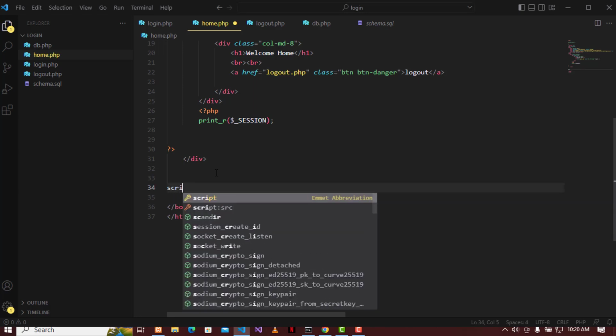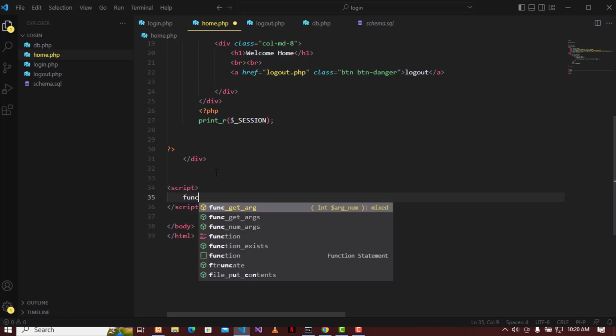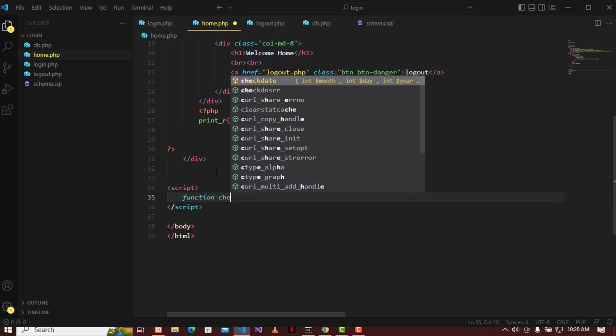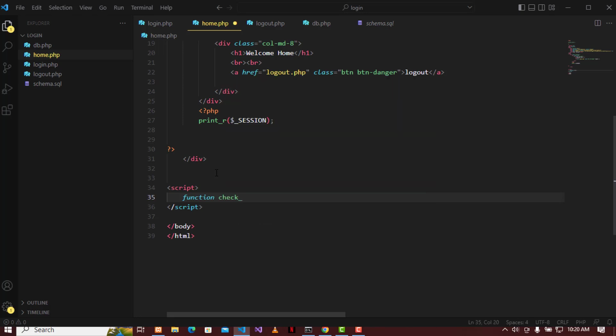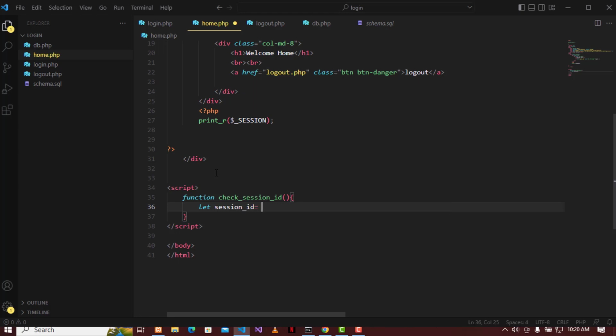I'm going to use the script tag as usual, and create a function, and I'm going to call it checkSessionID, for example. I'm going to open these braces, and in here I'm going to say let sessionID be equal to,